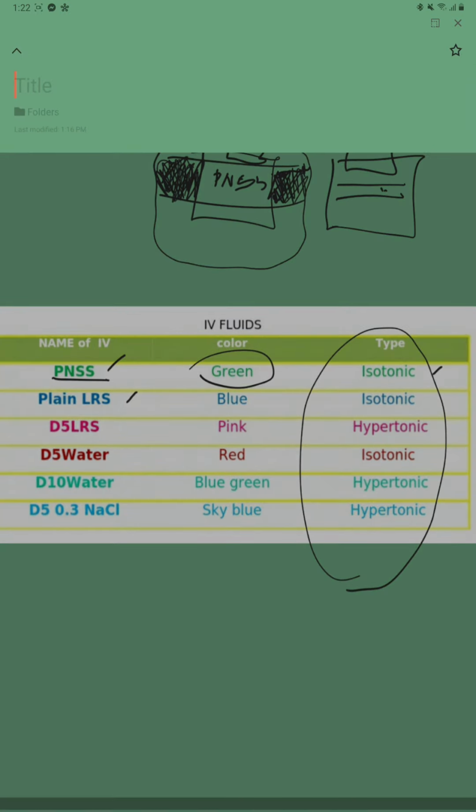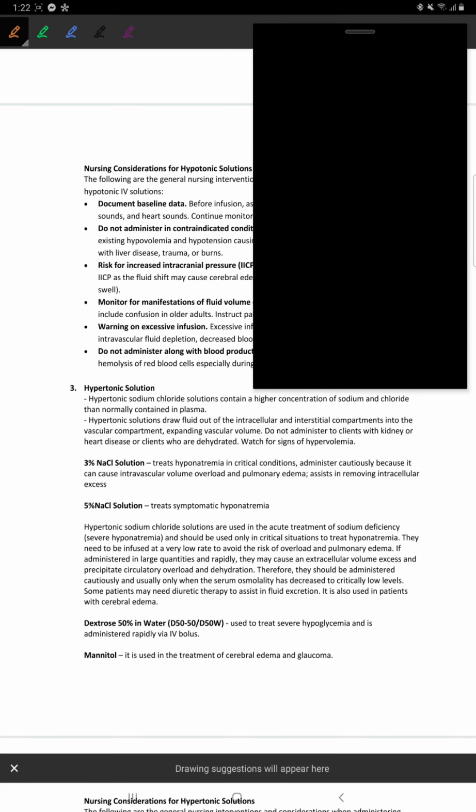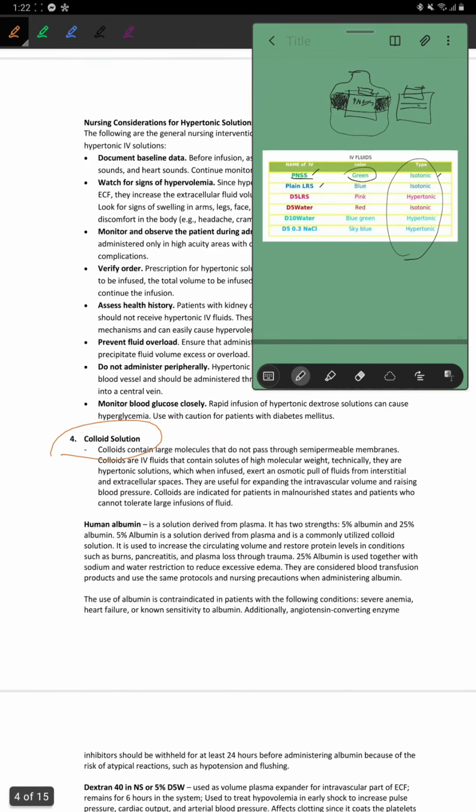Okay. Is there any concept I forgot? Let's see. Again, just read on these. For your colloid solutions, these are usually the times when we give fresh frozen plasma in the case of blood loss. If we don't have